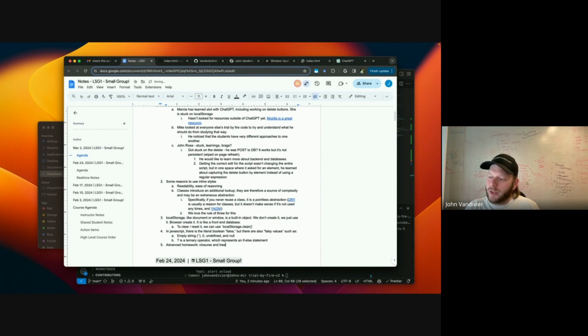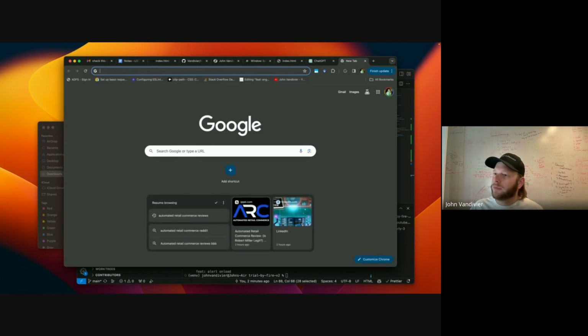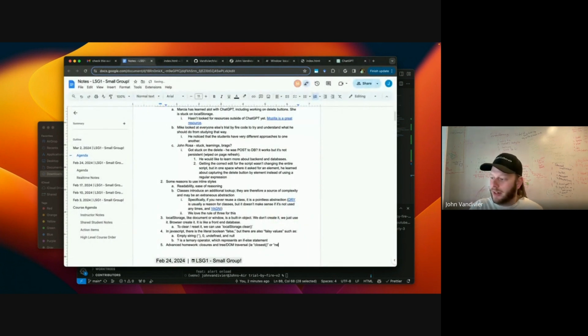Closures and tree traversal. That's also like DOM traversal. I think there's closest, or next, or child.